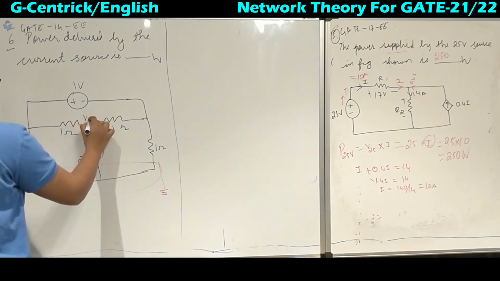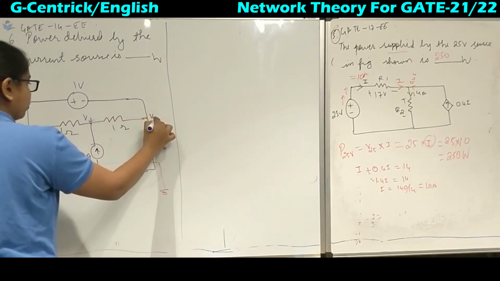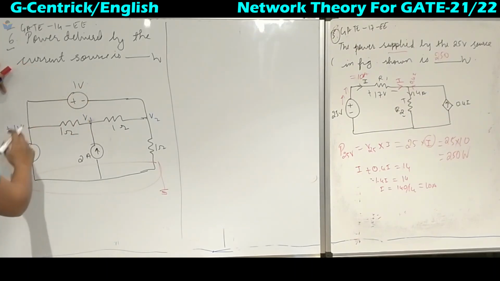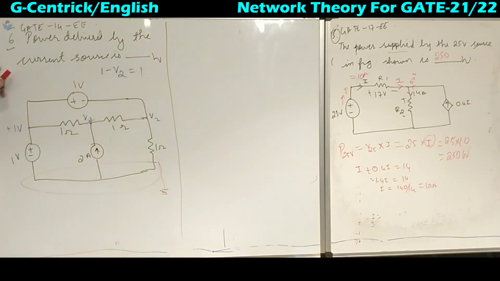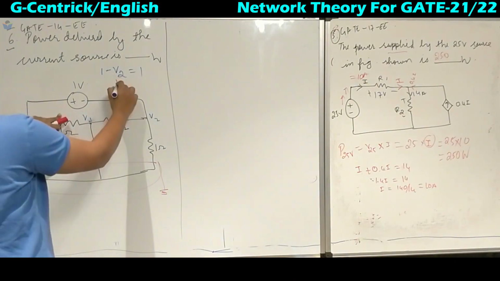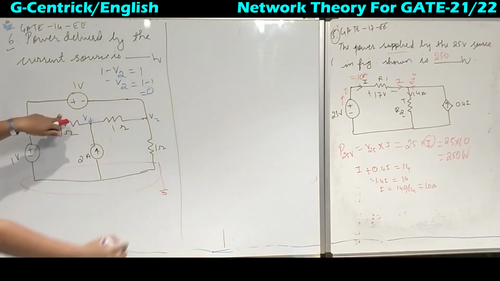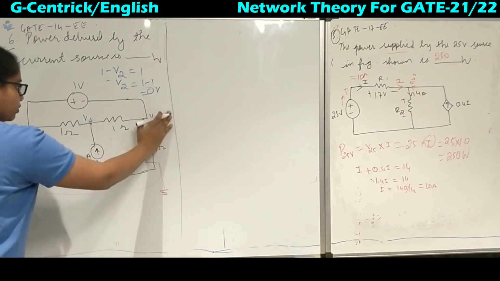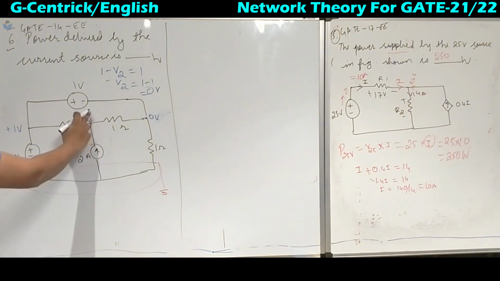Now we do not know this node, so we will call it VA or V1, we will call this V2. So now we have an ideal voltage source, so we will assume that one is at higher potential, then V1 minus V2 equal to 1. Okay, so the difference between these will be equal to 1. Now what will be the V2 value? 1 minus 1, which is equal to 0 volts. We will replace it, this node is 0 volt. So now we are left with only V1.